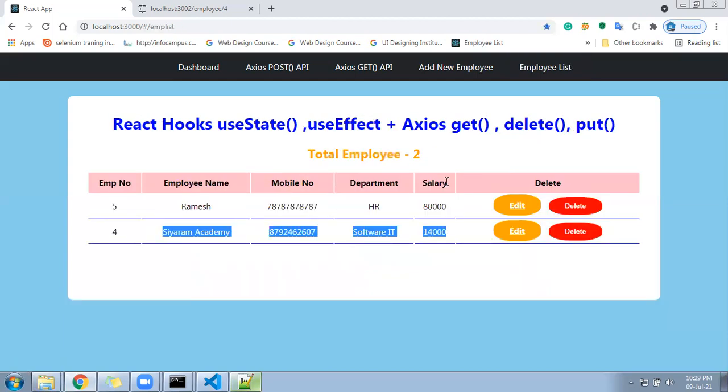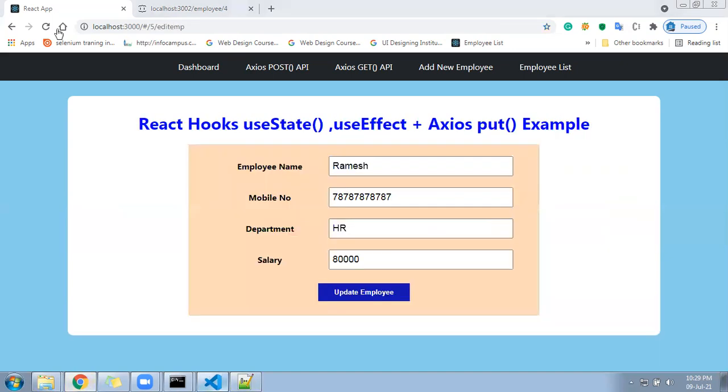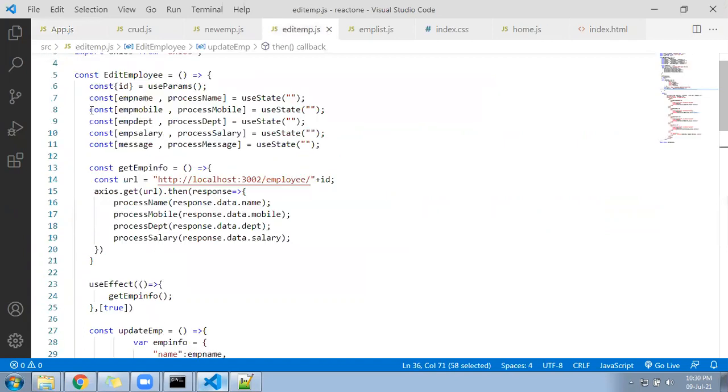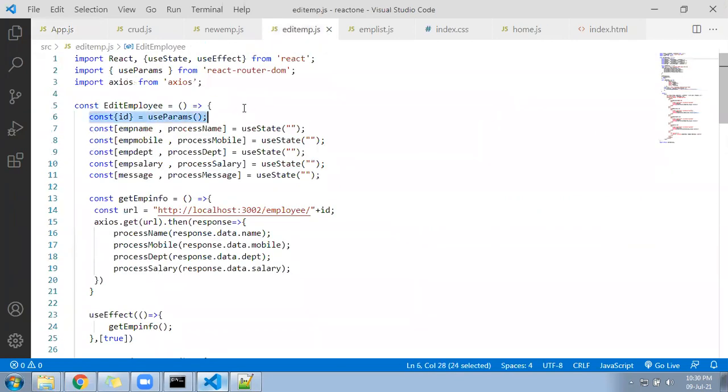So hope that is all. So what we need to do? Let's go through the code now. When we click on this, you know the useParams. With the help of link, we are creating the useParams. We are sending to the routes. Here are the routes. Under the app.js file, we are sending to these routes. We have created the ID variable. That ID variable I am receiving under the edit emp file, and this thing you can import.